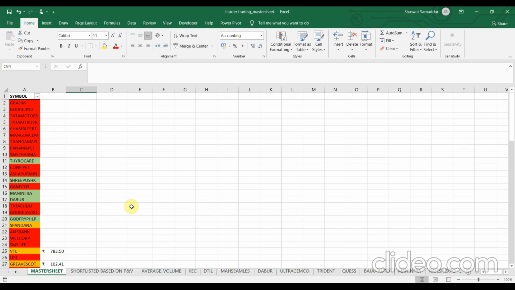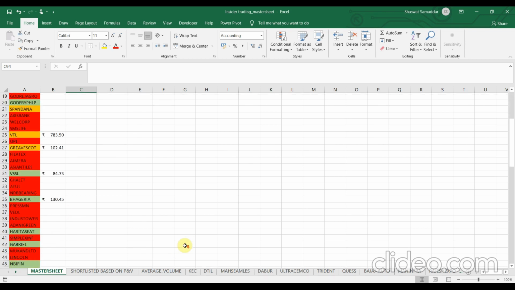If a particular stock fails to pass the optional filter, but it has passed all the primary filters, then I mark it as yellow. And at last, the best case scenario is if it passes all four criteria, including the optional criterion, that is earnings per share, then I mark it as green.